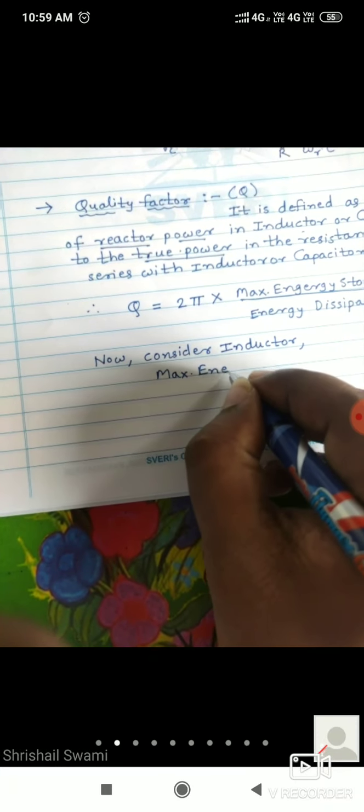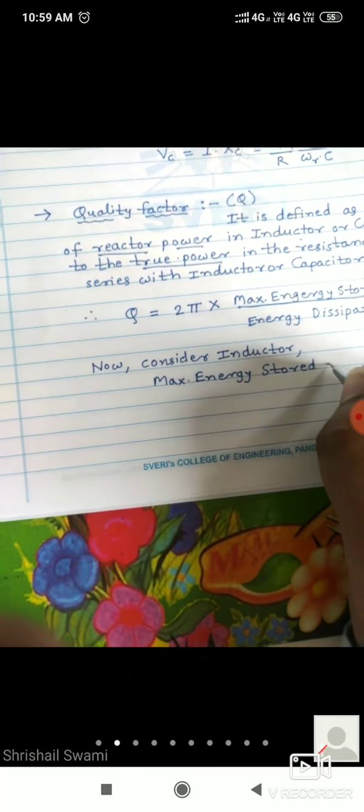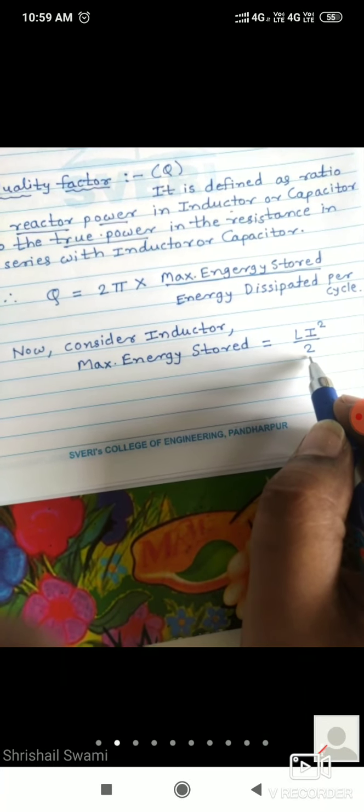In the inductor, the maximum energy stored is equal to L into I square divided by 2, where L is the inductance of the inductor and I is the value of current flowing through the series RLC circuit, and this is a constant. And the energy dissipated per cycle